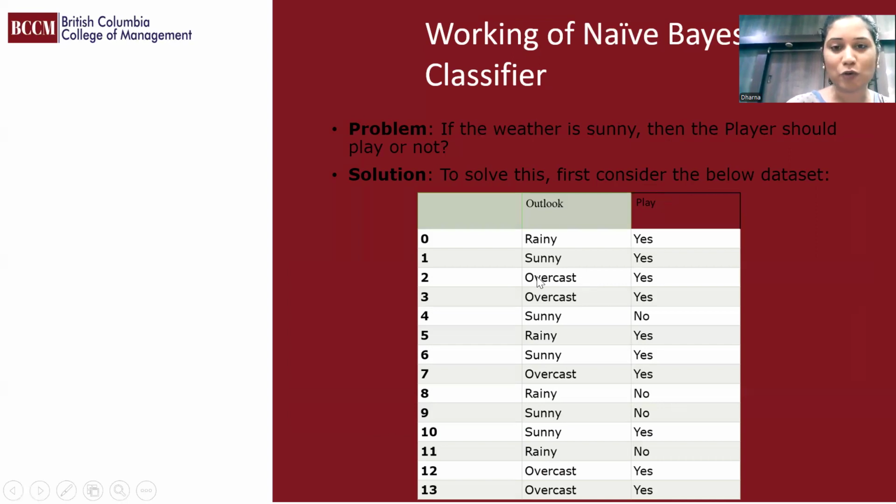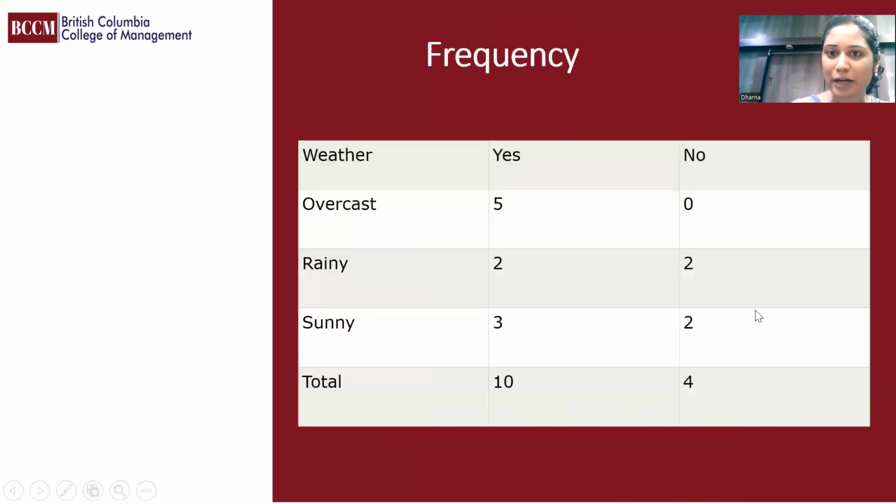We calculate it and put it in a frequency table. We do the same for rainy and for sunny: for each weather, how many times play is yes and how many times it is no. After that, we calculate the total of all the yes and the total of all the no.